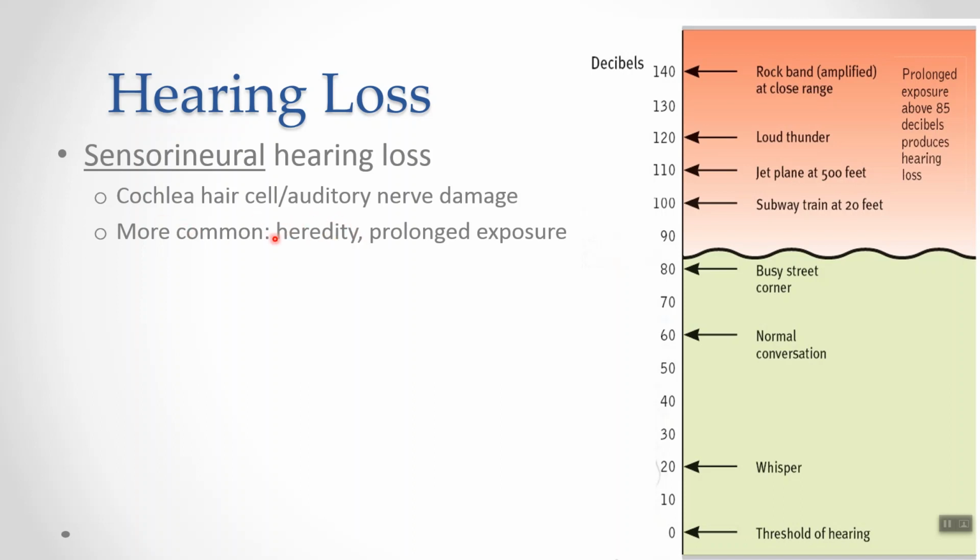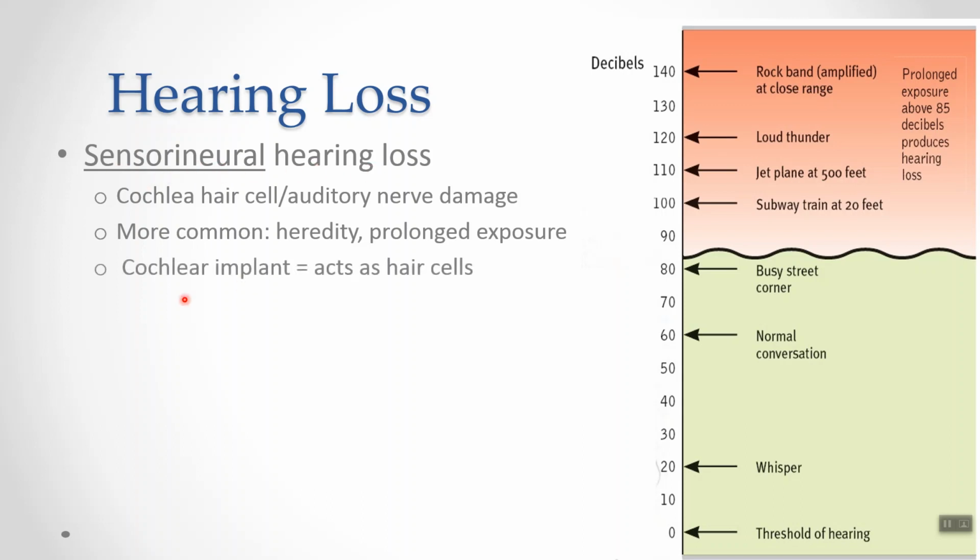Usually it's hereditary, and also it can be caused by prolonged exposure. So if you're jamming out to that rock band or that music for long periods of time, you're going to start to do some really bad damage to those hair cells, right? Because they're being activated, they're being shaken around. Okay, and that can lead to sensorineural